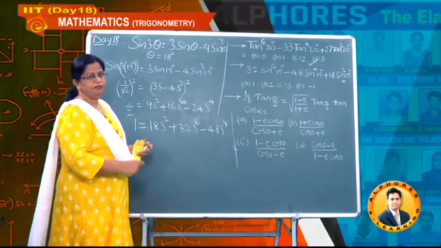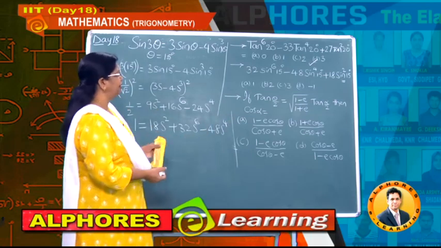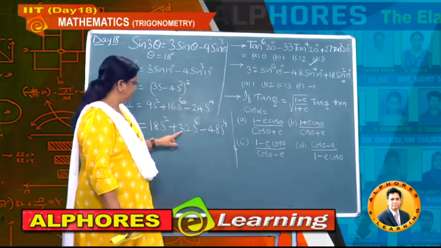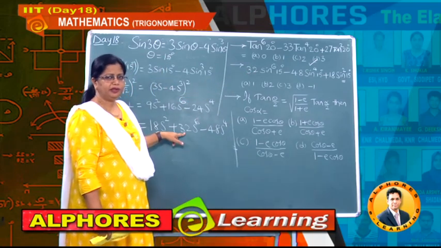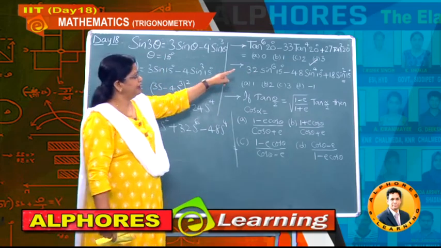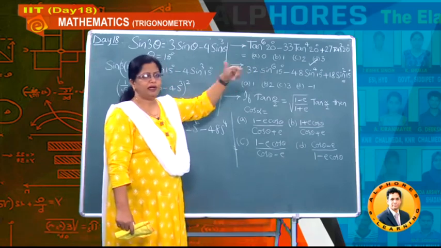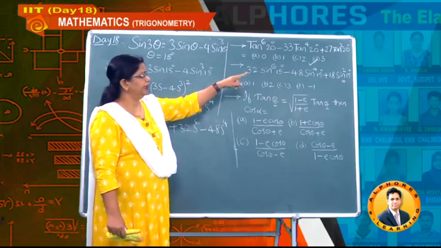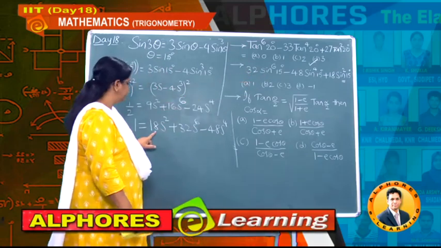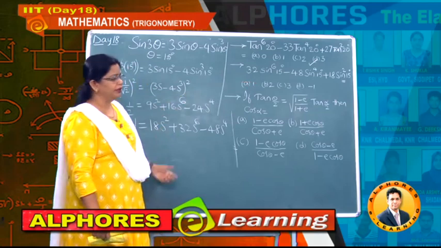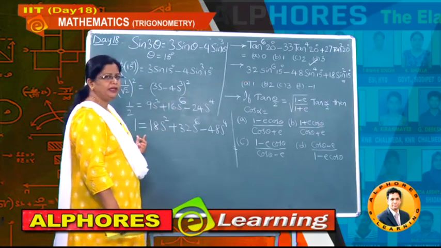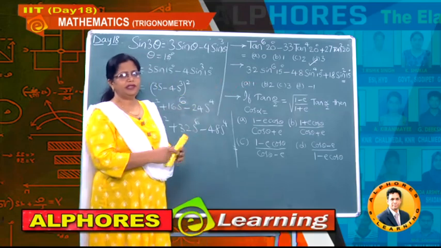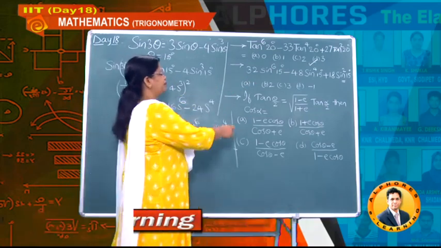Okay students. Now let us observe here our problem. 32 sine to the power of 6, and observe you got 32 sine to the power of 6, right? And next minus 48 sine power 4. So this is minus 48 sine power 4, and later 18 sine square. So this is 18 sine square. So what is the left hand side? Finally you got 1. Therefore to this problem students, what is the answer? It's nothing but option A.